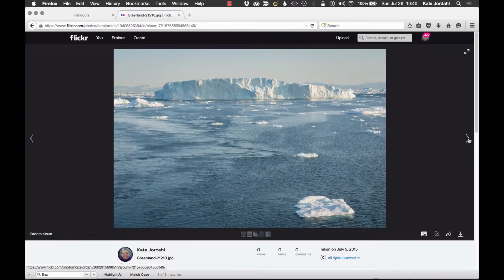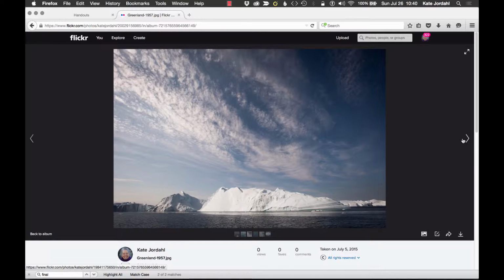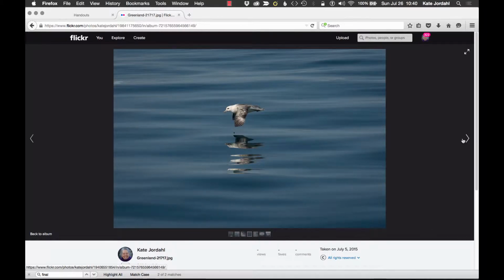So as I go through, what could I say about this one? I could talk about an example of foreground, middle ground, background. It could be something inspired by Sebastião Salgado, so some of his very famous pictures are of the icebergs. It could be a landscape, and I could talk about Ansel Adams here. So what you talk about is up to you, but you want to look at the picture and think about how it was inspired. This could be rule of thirds, this could be diagonal lines. This one could be reflections, and